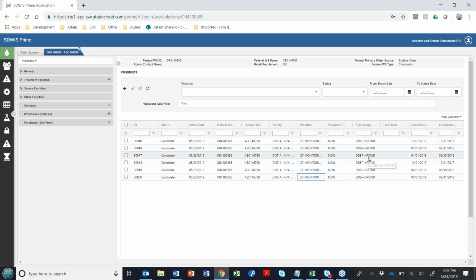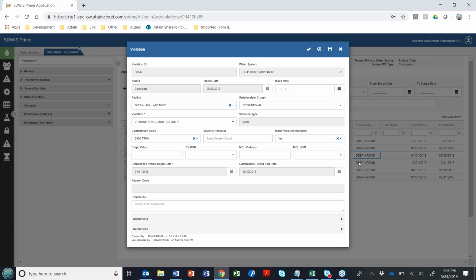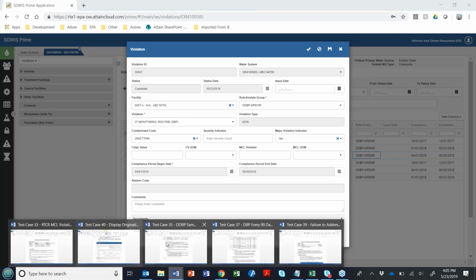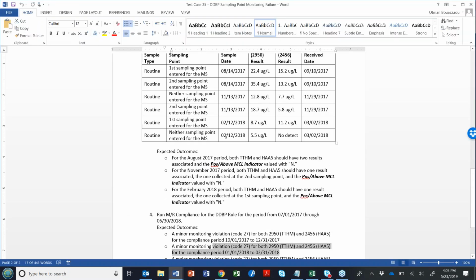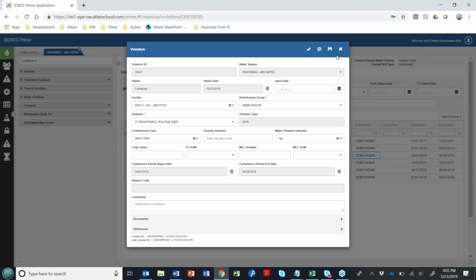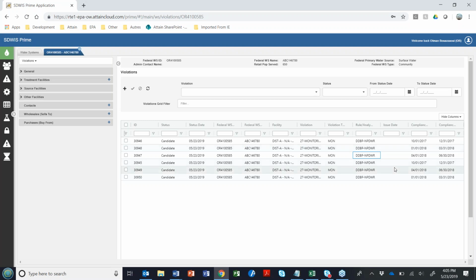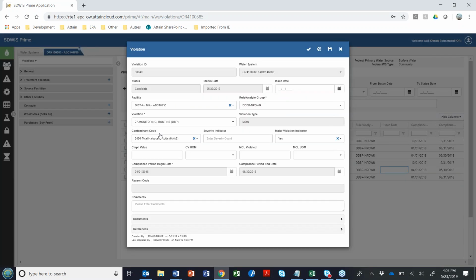And then on the second quarter of 2018, we just didn't enter any samples. If you remember, we stopped on the first quarter of 2018. So in the second quarter of 2018, which goes from April 1st to June 30th, we should see the same type of violation.